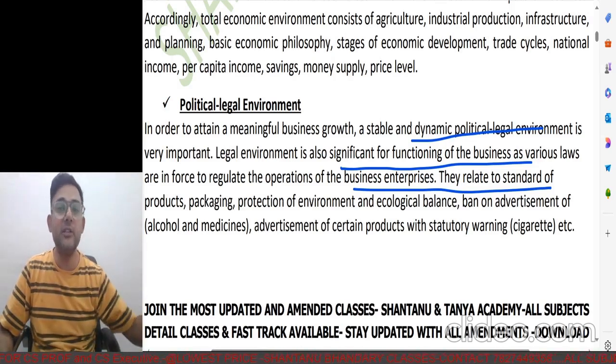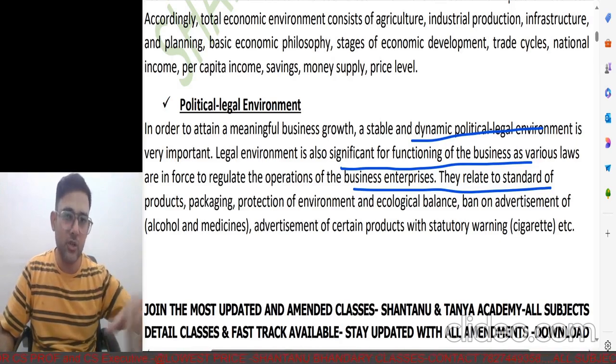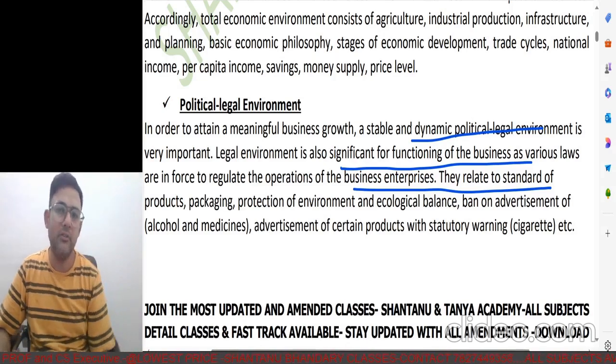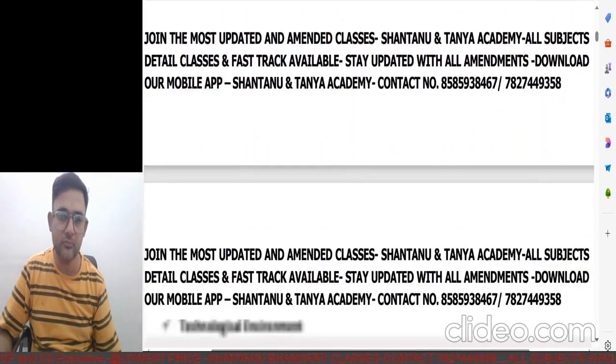It will take years and years, and by the time the things are passed, the company doesn't have any future. The company doesn't have any money. The company probably has a lot of debt. Then how would they be able to recover all of that? They'll come to the corporates only. So nobody will invest in those kinds of economies. So this is again an external factor that's being mentioned here.